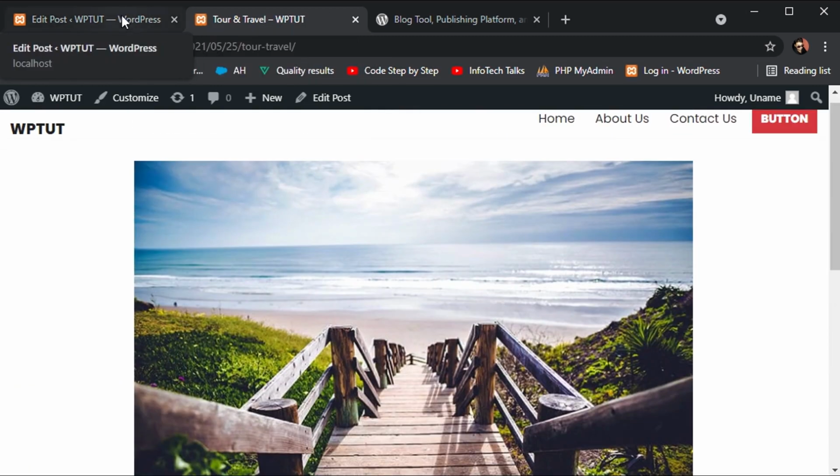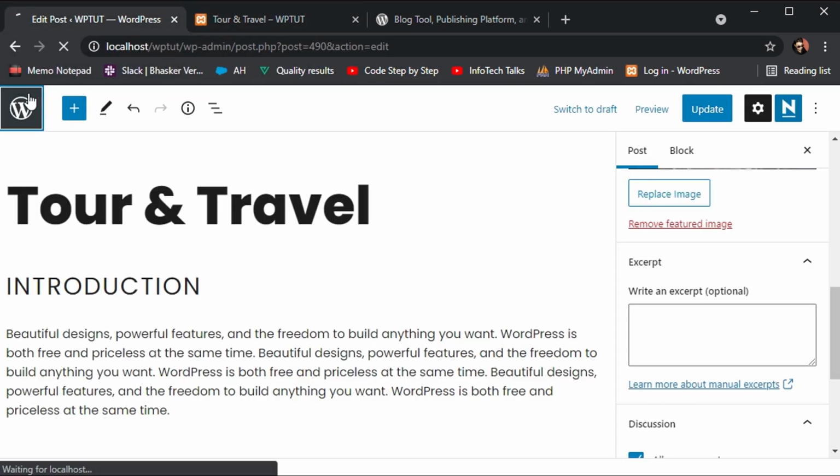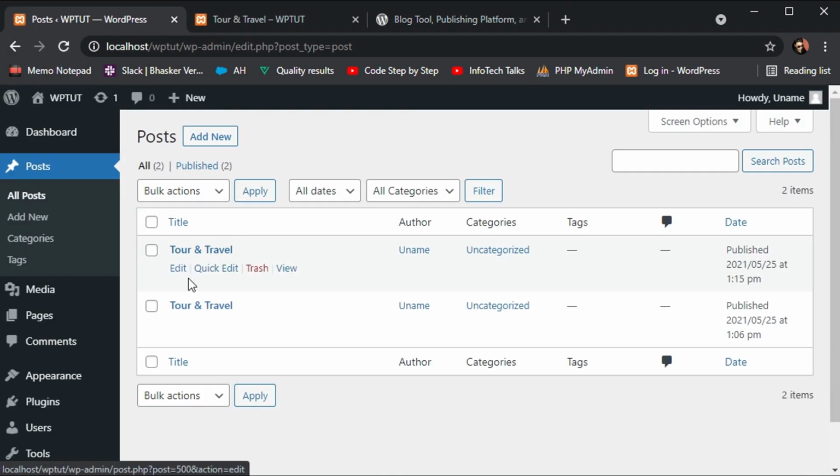So let's delete these posts and wrap up this video. To delete, either you can click on trash on a specific post or you can select bulk action. I'm selecting all the posts, then selecting move to trash and applying it.